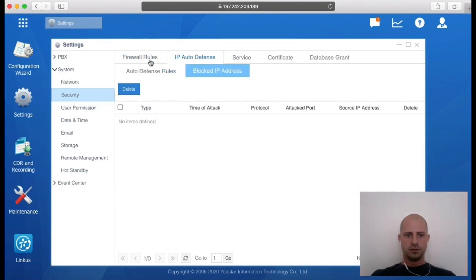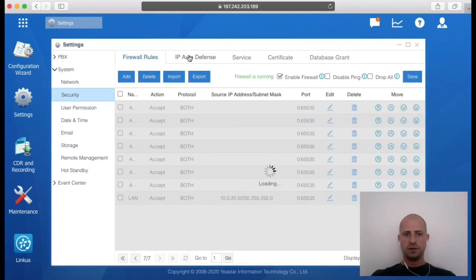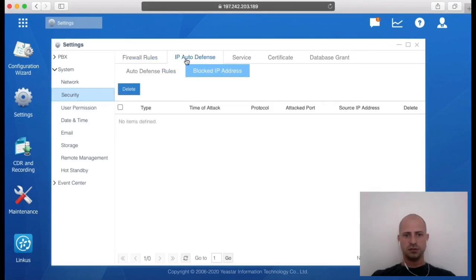So in order to see if an IP address has been blocked, you just go to IP auto defense, blocked IP addresses, and whatever IPs are blacklisted on this PBX would